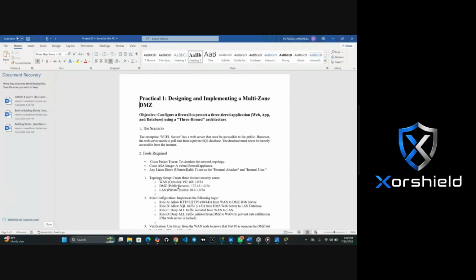There's something we call GNS3 also. That one is a paid tool. I think it is about $200 upward you pay per year. If we are using that, this ASA image comes with it, and you can use that 3-tiered homed architecture inside it, and that will work perfectly fine without any obstruction.